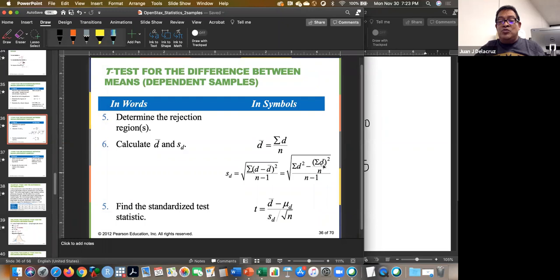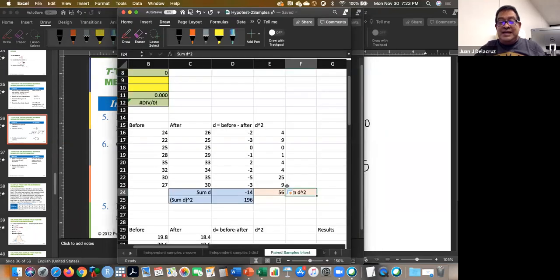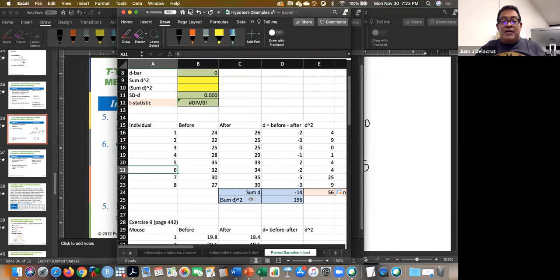This is going to be the summatory of the D's and then squared. So once again, this is the summatory of the D's squared. This is the D's squared. So this number is going to be raised to the power of 2, right? So now I have enough information to